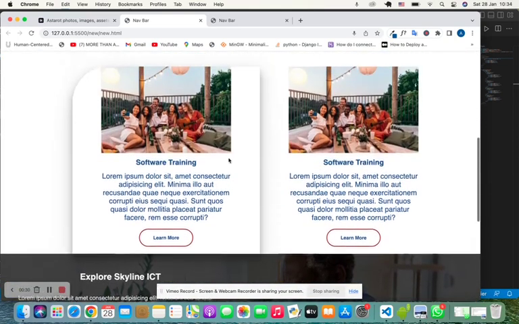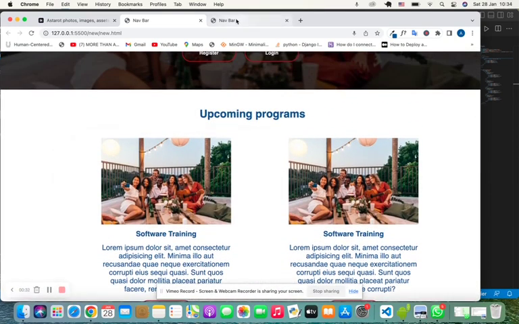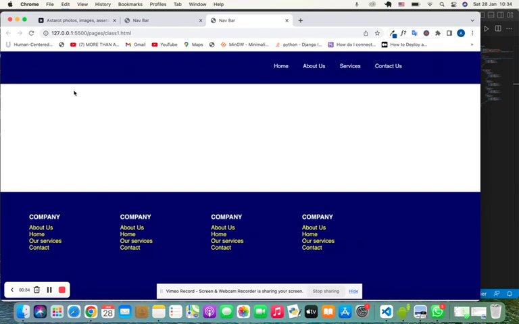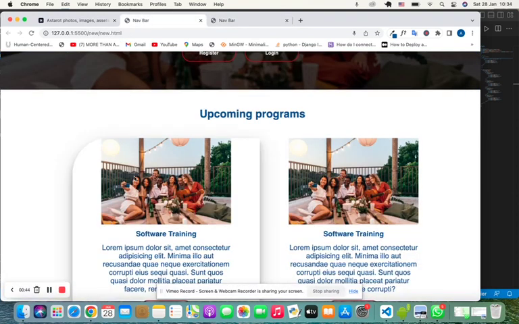So this was the one we have before. So you can see there's nothing, the drop down is not here and the social media icons are not here. So let's go back. So before anything, you can see we have to